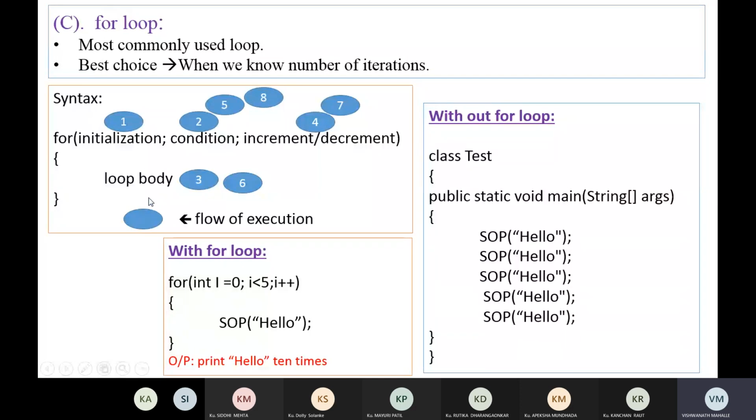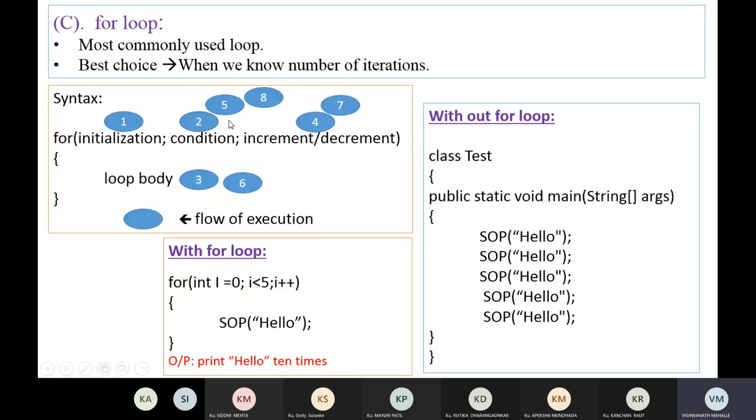Okay, and the flow of execution. First we initialize the variable, then second we check the condition. If the condition is true, then execute the body, go to step 3, then again increment. Then verify the condition.